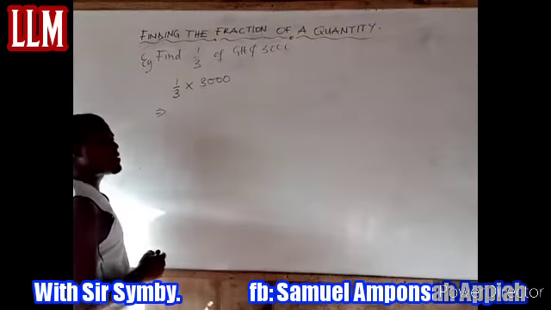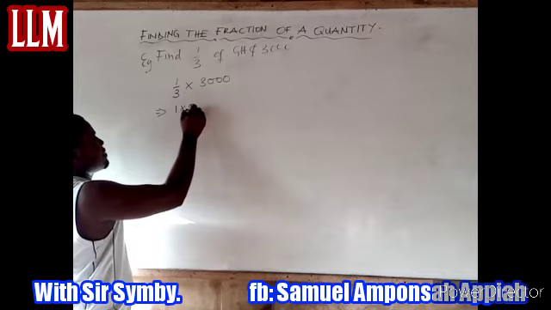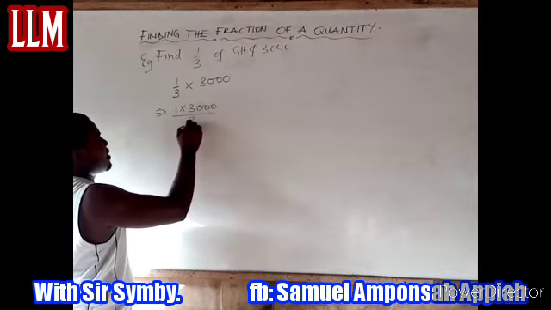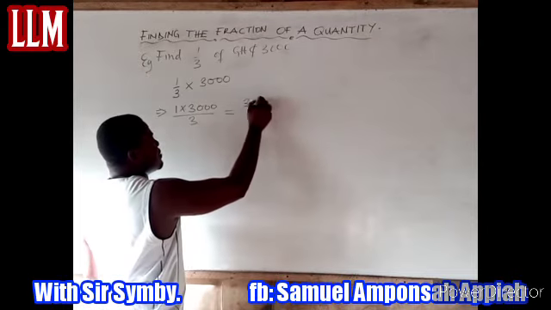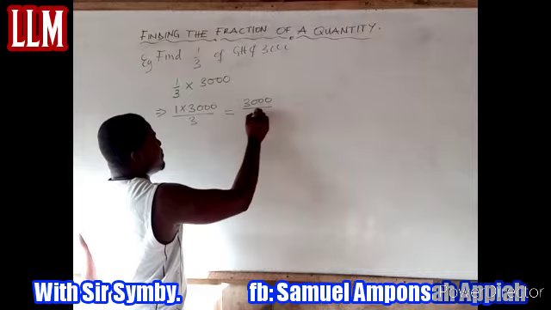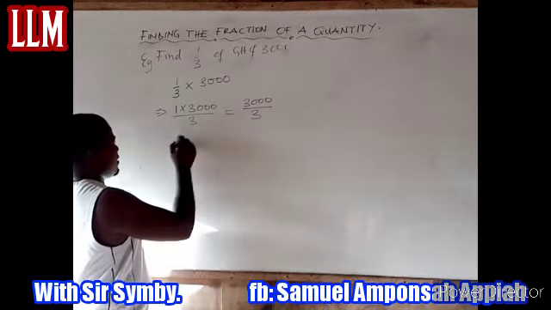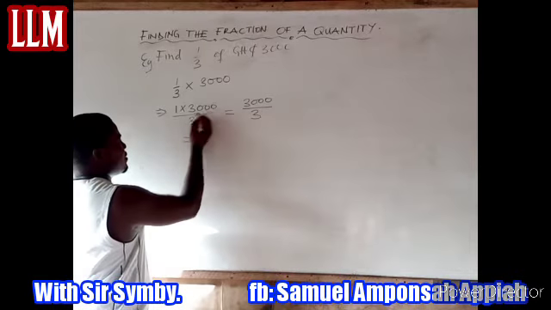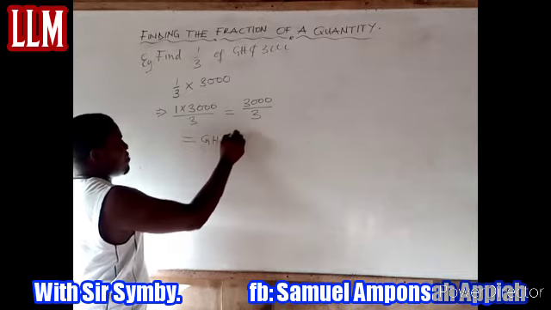Now, this can also be written as 1 times 3,000 all over 3. And this is the same thing as 3,000 divided by 3. And this is going to give an answer of 1,000